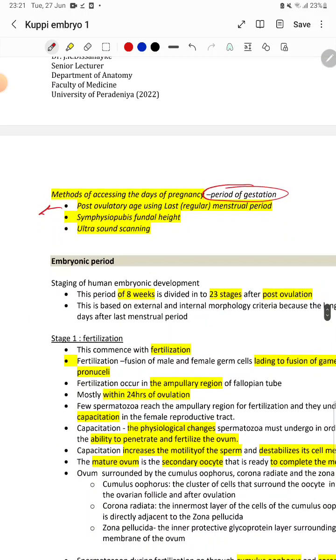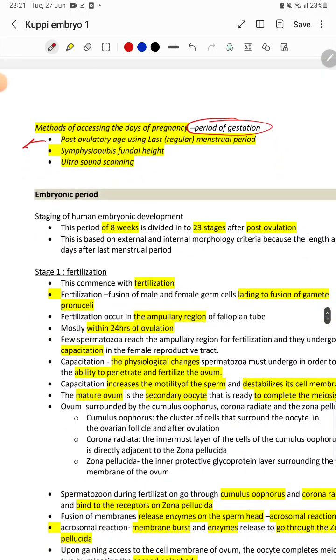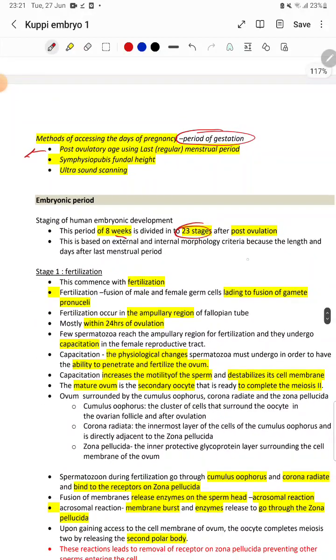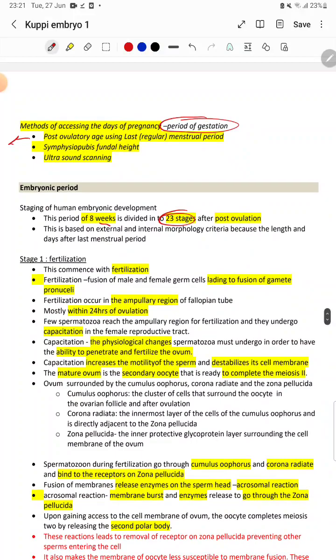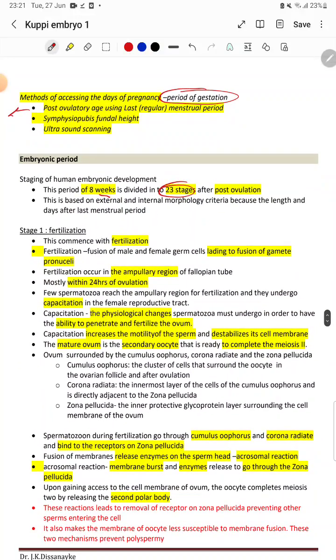So yeah, that's pretty much it. And in terms of the embryonic period, we mentioned that it's 8 weeks, and it has roughly around 23 stages after ovulation, so after fertilization. So it includes fertilization, and the first stage is fertilization, and it starts with fertilization, and what it means is